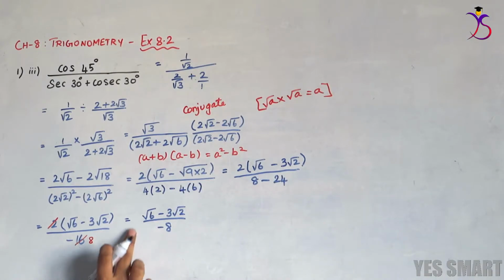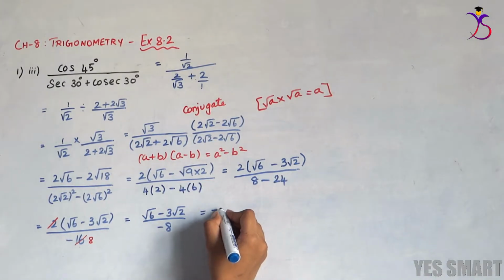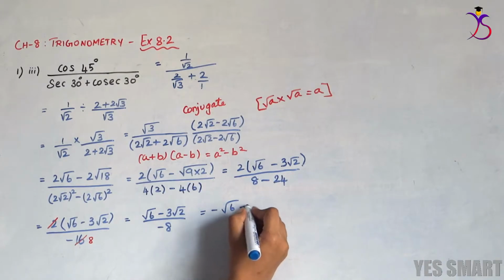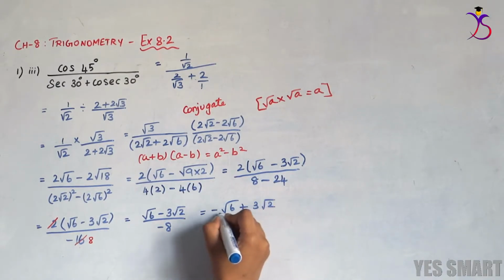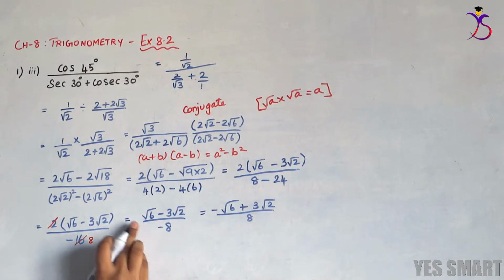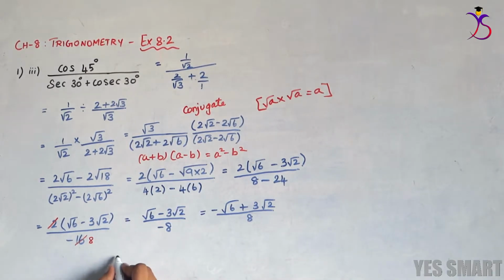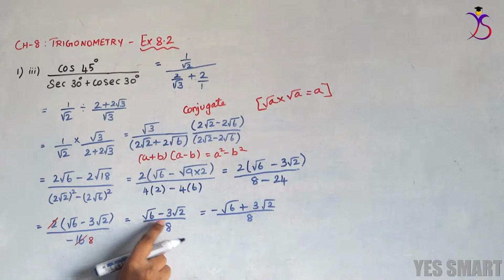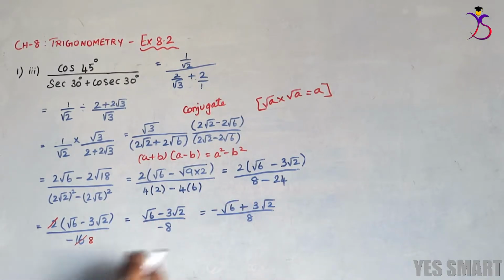In the maths rules, we will avoid having the negative value in the denominator. We will just bring that minus to the numerator. Therefore, it becomes minus root 6 plus 3 root 2 by 8, because minus into minus becomes plus. Therefore, the second term is plus. Also, we generally don't have the first term as a negative value. Even if we got the first term as a negative value, we rearrange and write. Therefore, on rearranging, we get the final answer as 3 root 2 minus root 6 by 8. And this is the answer.